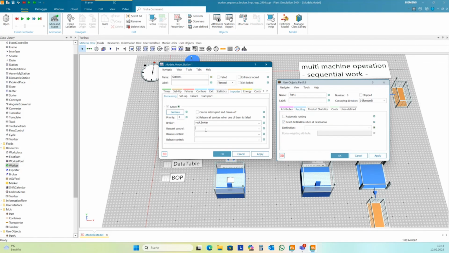Yes, in some simulations we use workers. I also use shifts. I would like to ensure that the workers return to the stations where they were already working in the previous shift. Okay, there are a lot of discussions in the forum about this topic.